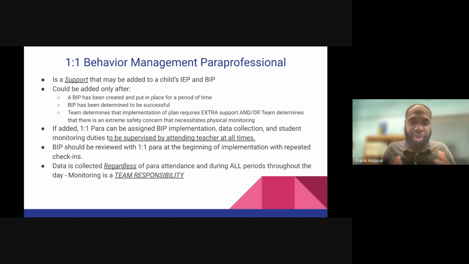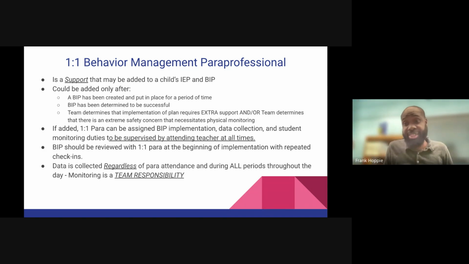But the collection process should be heavily supervised by the teacher and worked on together as part of the classroom team. Let's say, again, we were just talking about a para being out, let's say the one-to-one assigned to the student is out that day. Then the teacher's job is to step in and say, all right, maybe the classroom para will be collecting data today.